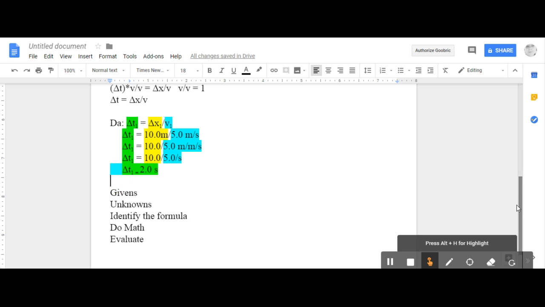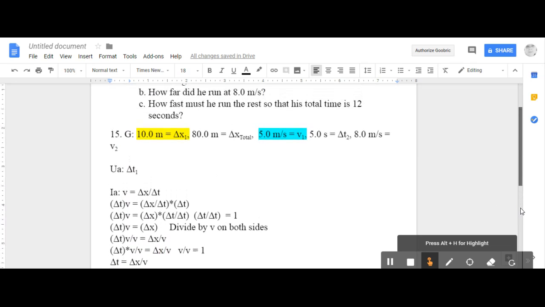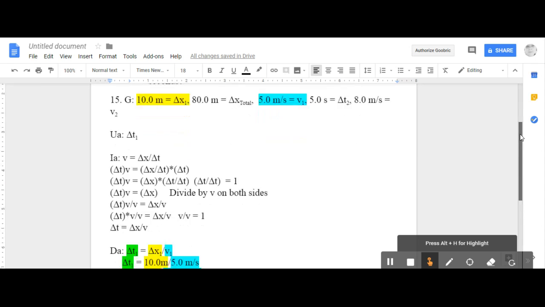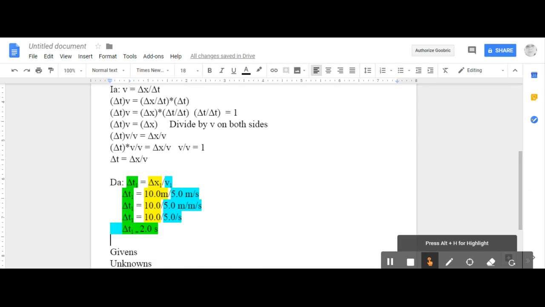So as we talked about in this problem, I have the givens listed, I have unknown A listed, I have identified my tool for A, I did the math for A, and I had to go back and label this part A because I'd forgotten. So now I'm about ready to evaluate A. So evaluating comes in two sentences, and I'm sorry this is a little bit of work, but really this is the thinking you need. So the first sentence is,